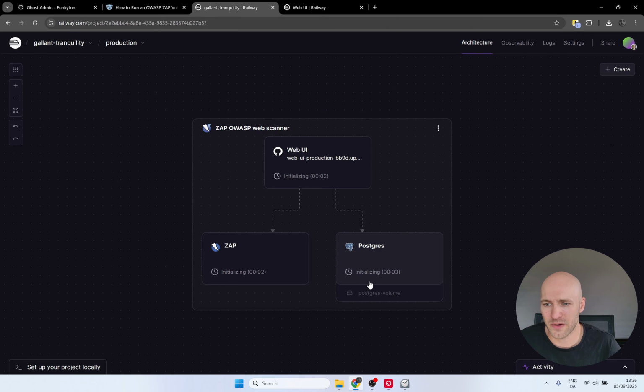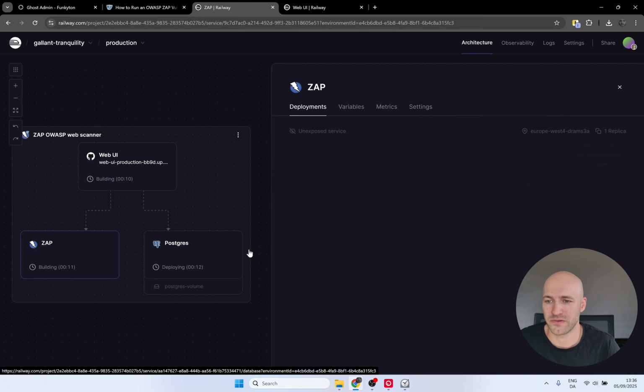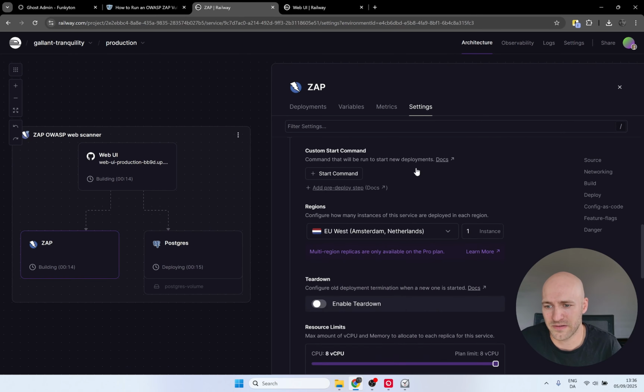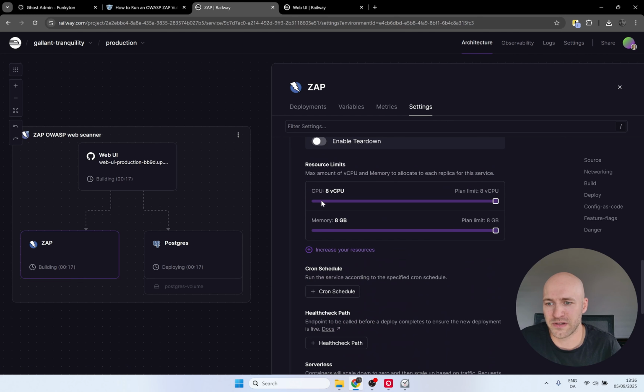See here, it's spinning up the database, the subservice, and the web UI. And this one, the subservice, is the one that really requires some hardware. So if I just open up the settings tab on this one and scroll down here, then you will see my resource limit is 8 virtual CPU cores and 8 gigabytes of RAM. And that is because I launched the project as a hobby user. If you're a trial user, I think it's 4 and 4, and it might not be sufficient to run the